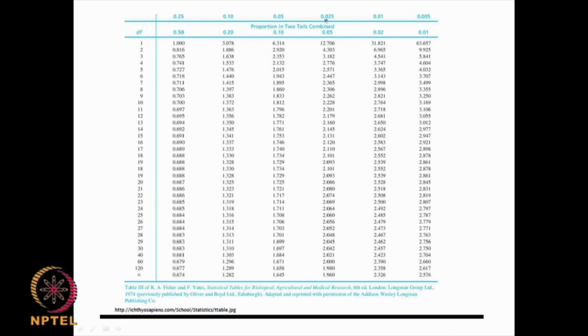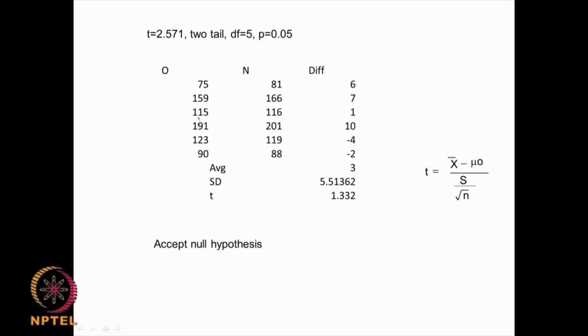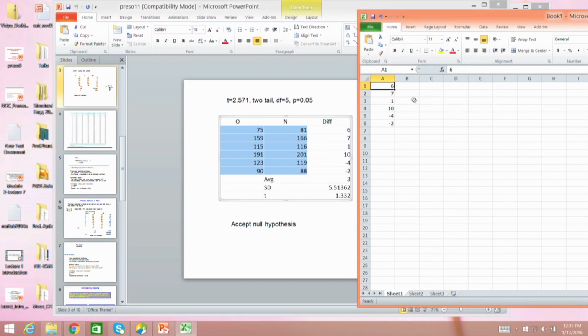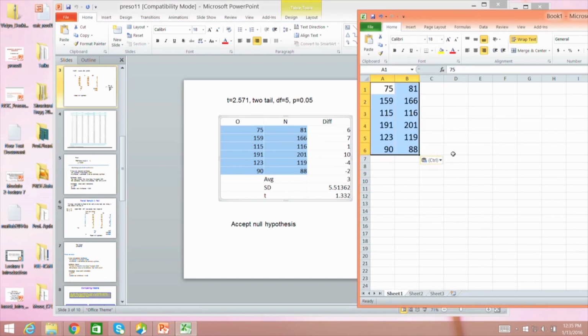So, this is the T table, 0.05, okay. So, 5 degrees of freedom we can use, or for a 2 tailed test, the top one is 1 tailed test, bottom one is 2 tailed test. So, for 5 degrees of freedom 2.571, that is what it is, okay, whereas GraphPad can do 2 sample t test, okay. So, here we do,